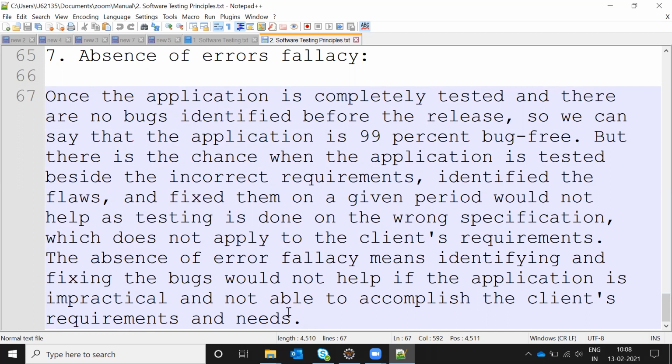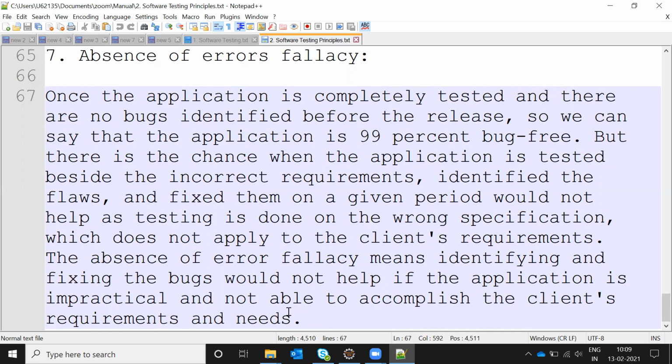Sometimes the requirement may change in the middle, and after deployment also it may change. Then it's not a defect, right? It is not the perfect way to test the entire application. Also, sometimes the requirement is given in an incorrect way. The requirement document itself sometimes contains incorrect information given to the developer. He develops the way the requirement is presented, and that is also a source of defects. That is also an absence of failures fallacy, right?